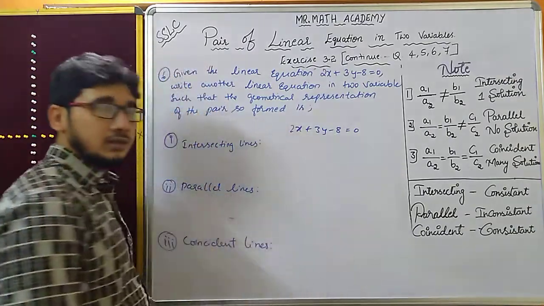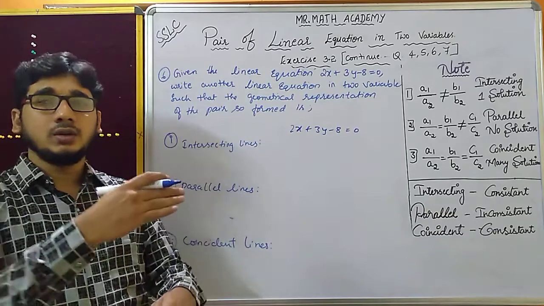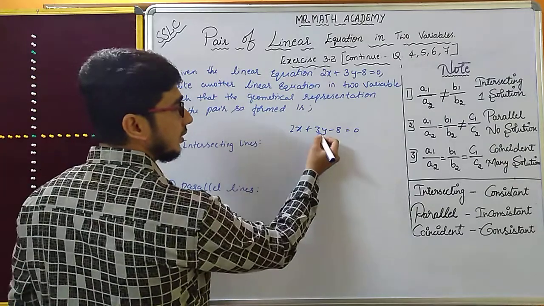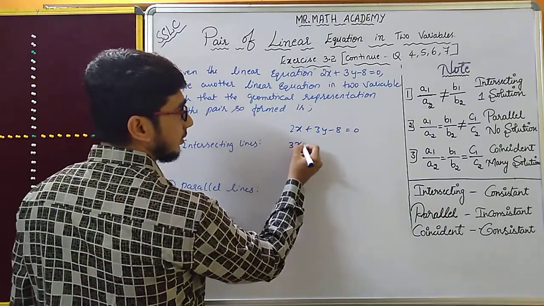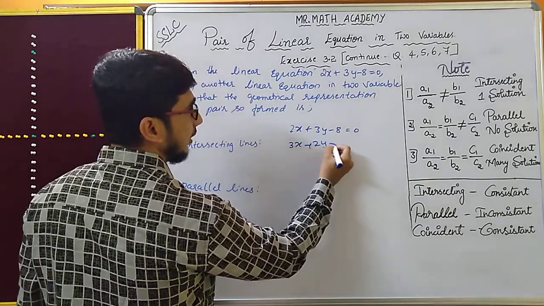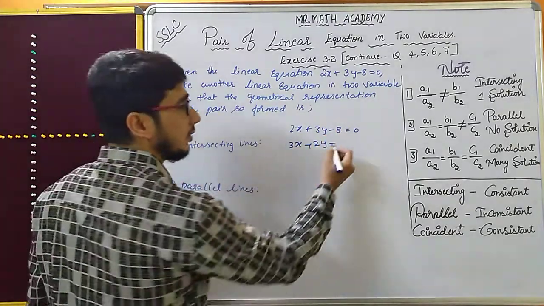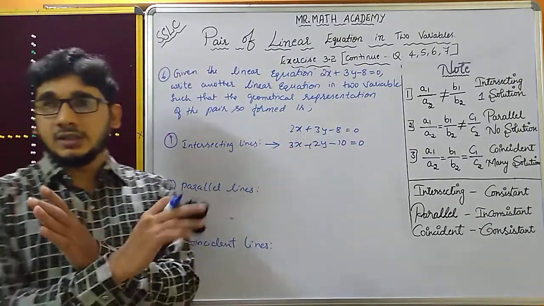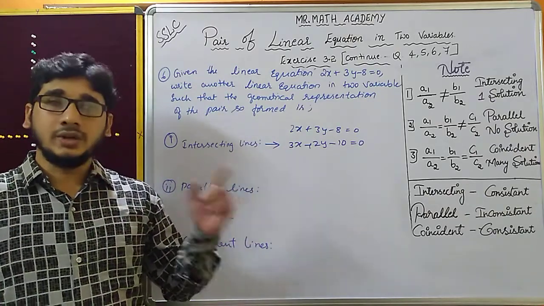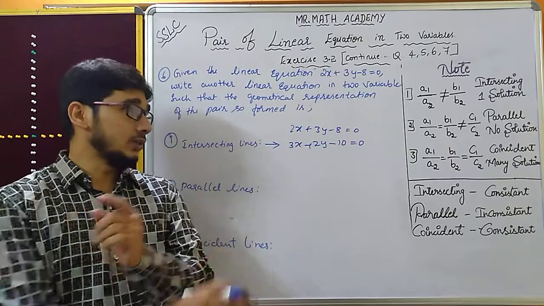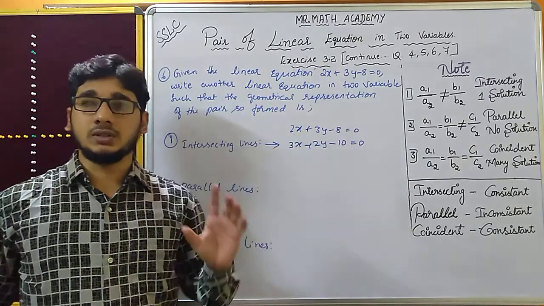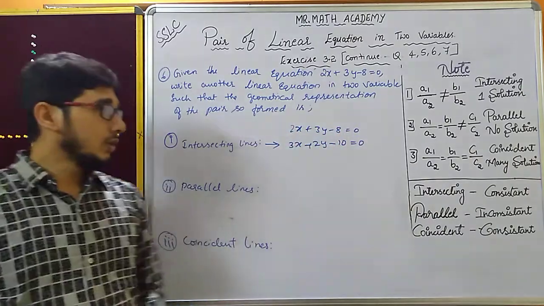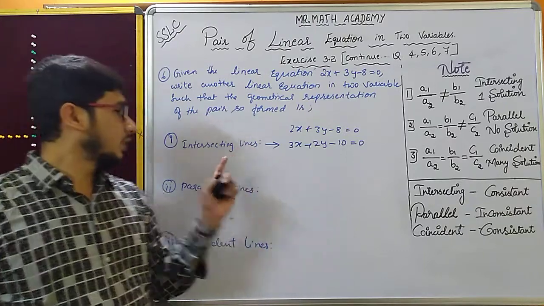If they are asking for intersecting lines, what you have to do is change those values so they cross. So you write one more equation: 3 here with x, plus 2 here with y, minus 8 as it is, or any other number, 10, is equal to 0. See, for this I have written intersecting lines. Intersecting means lines are crossing each other. Like that, just cross the numbers, 3 here, 2 here, remaining all same, just change the value. That becomes intersecting lines.